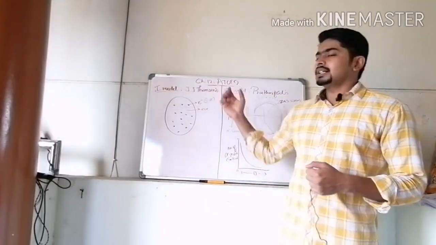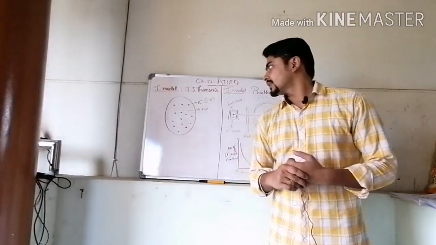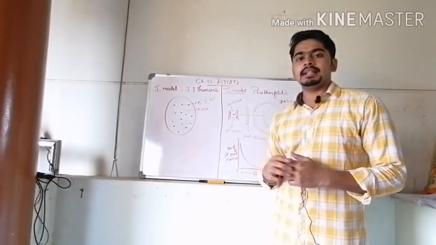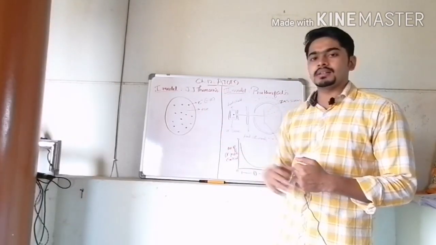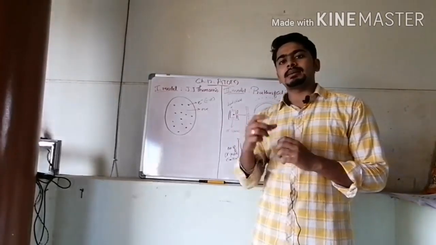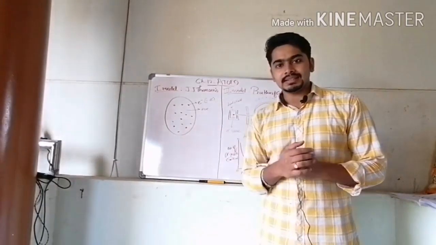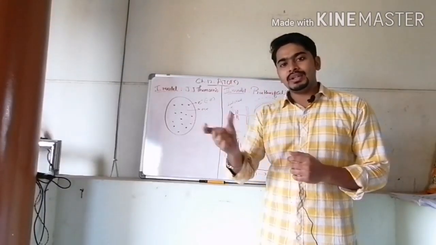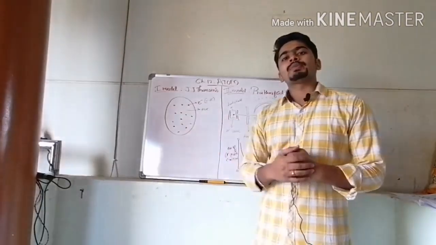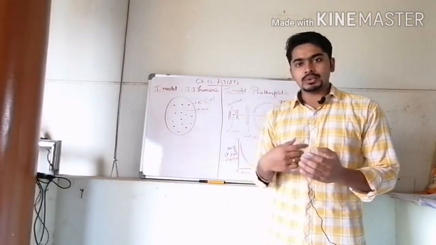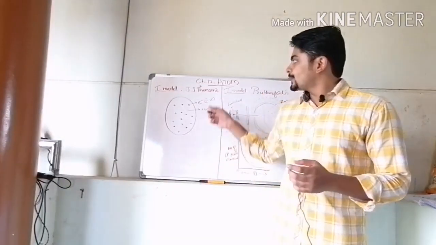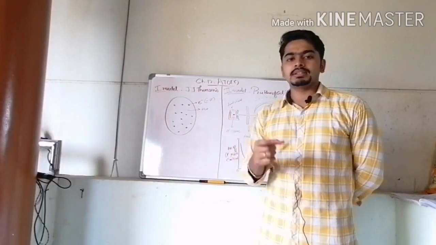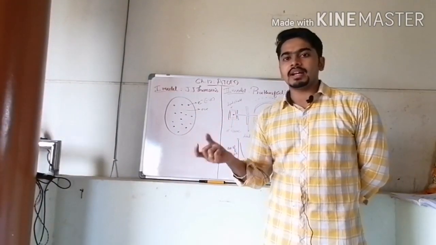Okay, first one is about J.J. Thomson model of an atom. In this model, according to J.J. Thomson, in 1818, he discovered this atom while doing some experiments on gases, discharging of electrons through the gases. While doing that experiment, he came to know about the presence of atoms in the molecules or in any matter. So, according to him, he gave the structure of an atom that is known as plum pudding. It is also called the plum pudding model of an atom.